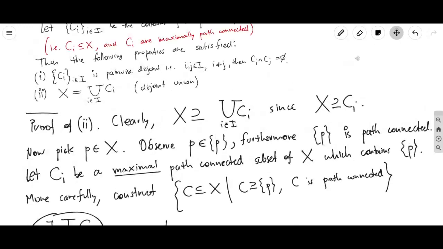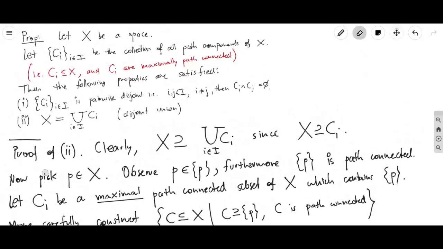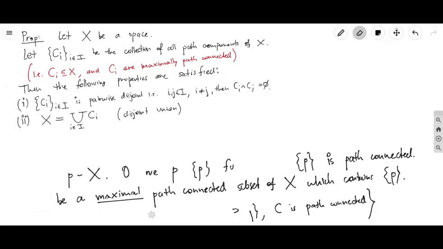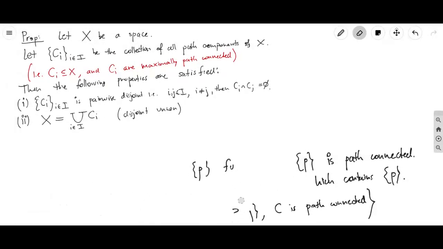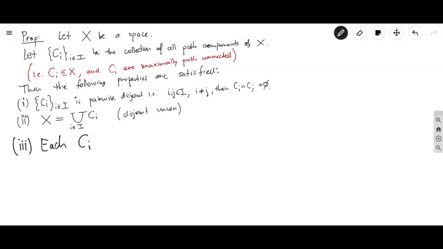There's also a third part, but it's not always true. There's an additional hypothesis that you need for part three. So this is going to be part three. I'm going to write down what the third part of the proposition is, but then we'll talk about the hypothesis that we need. So the third part would say that each path component Ci is an open